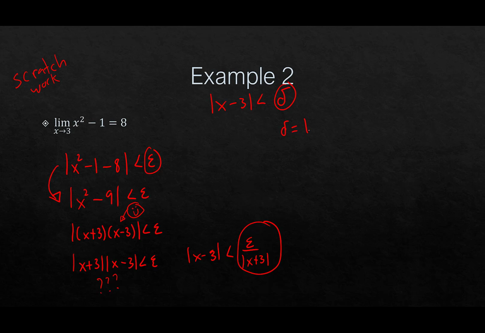Okay, now what would this be saying? If we have that the distance between x and 3 is less than delta, or 1, okay, let's draw this on a number line. We have, let's say, 3 here, okay? And if the distance between x and 3 is less than 1, that means that x has to fall somewhere over here. Let's say x is right here, okay? Now let's compare that with |x + 3| here. Remember, the absolute value of x plus 3, you can interpret this as the distance between x and minus 3.